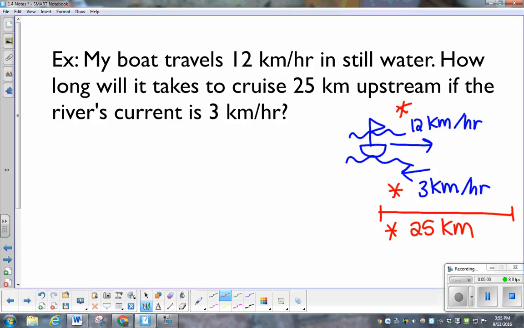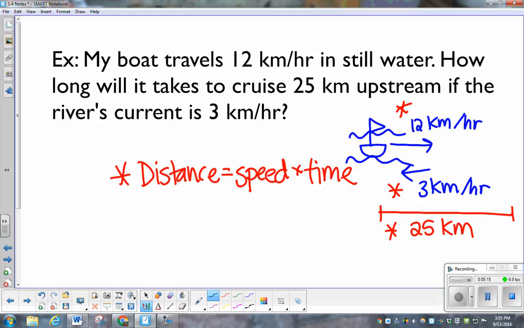We also might need to know an equation here. So this is an equation. I'm going to put a star next to it because you guys need to remember this equation. It's distance equals speed times time. Now, every time I've ever learned this, it says distance equals rate times time instead of